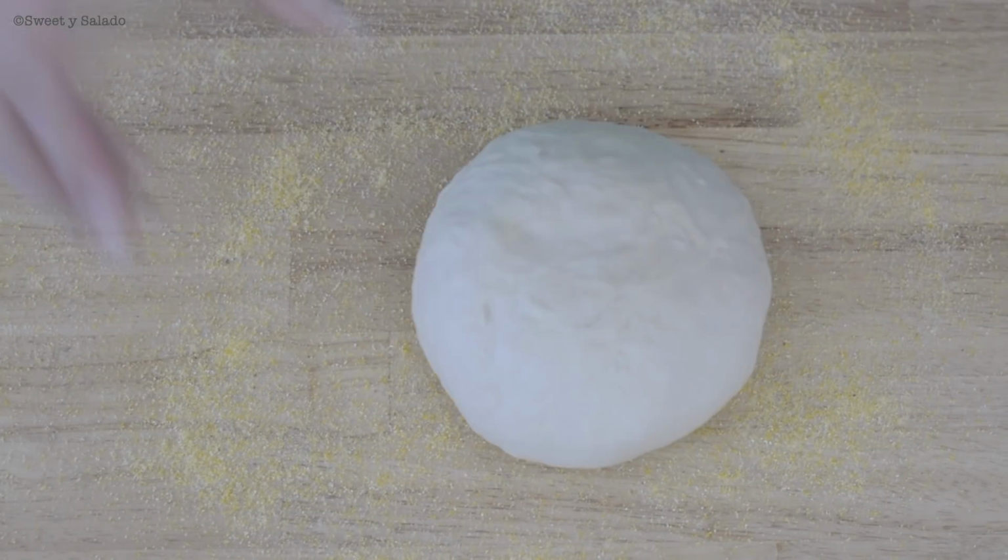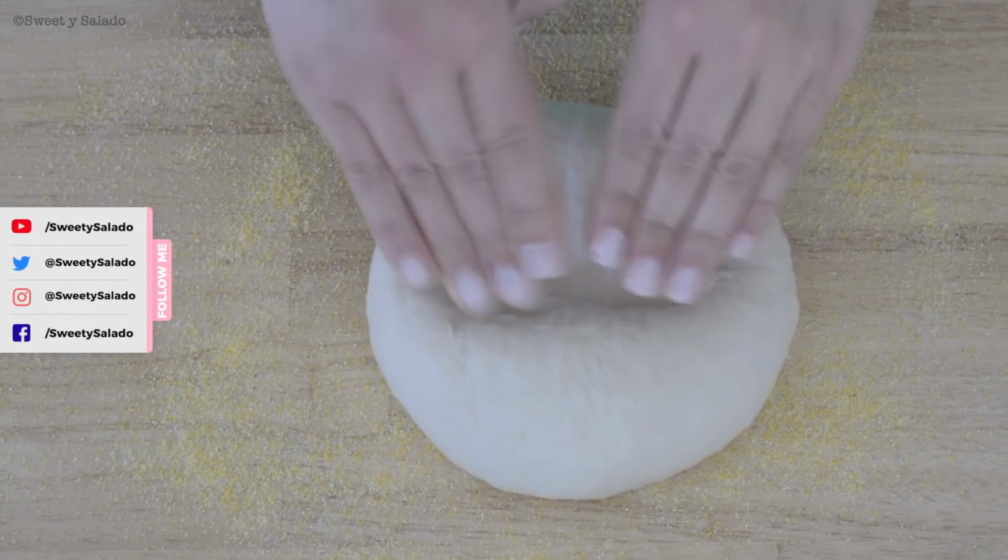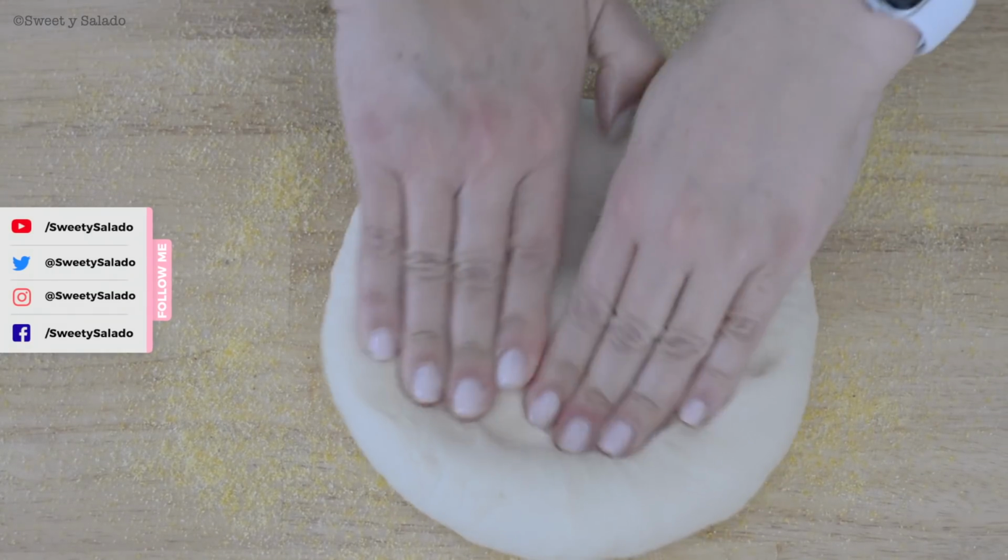After about 10 minutes, we're gonna flour a flat surface with either all-purpose flour or cornmeal. I love using cornmeal, and we're doing this so that the pizza dough doesn't stick to the counter when we work it. Now we're gonna flatten our pizza dough,